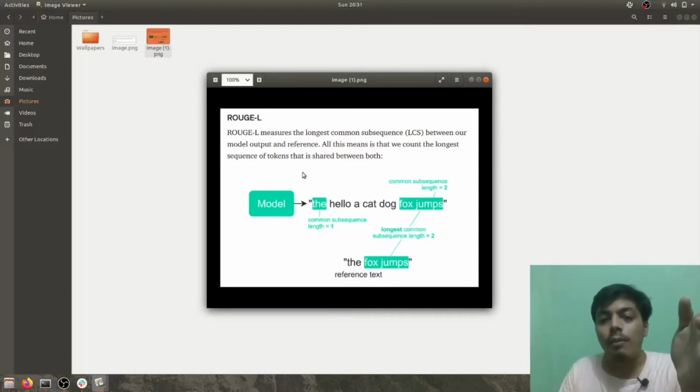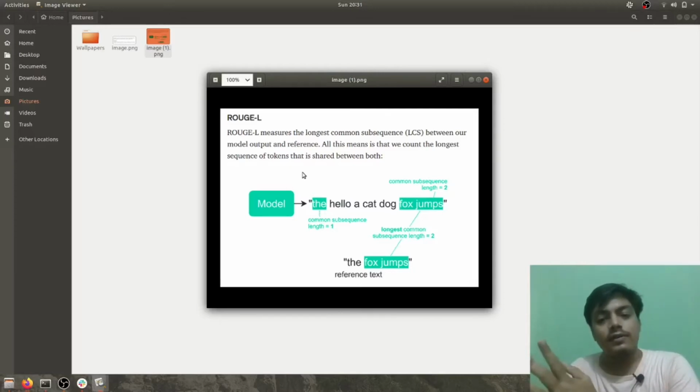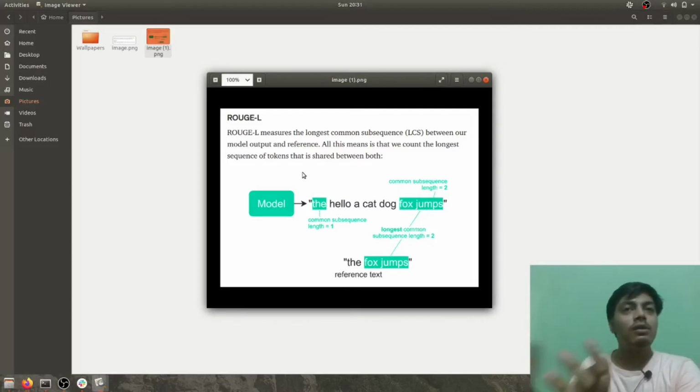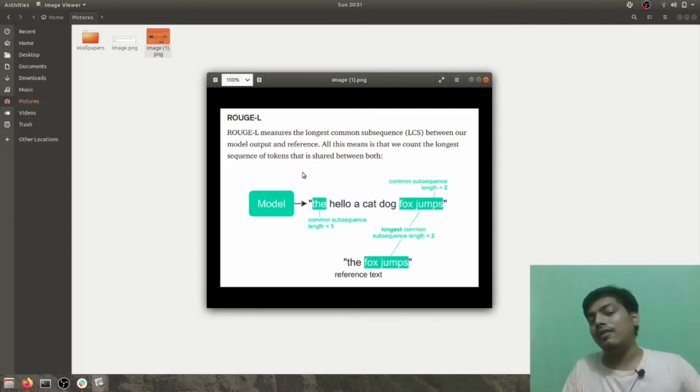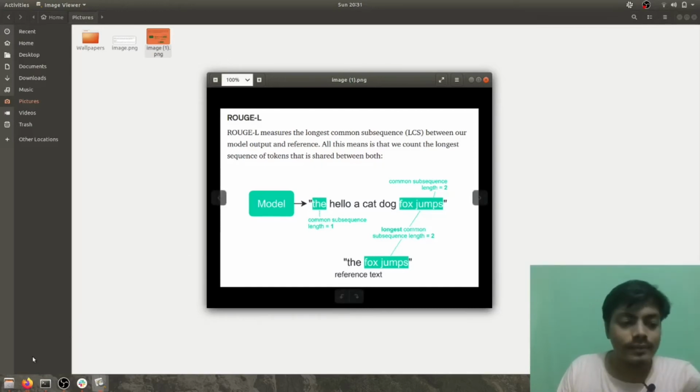So the longest common subsequence length is 2. Two consecutive words are being matched with the reference text, and that's ROUGE-L.